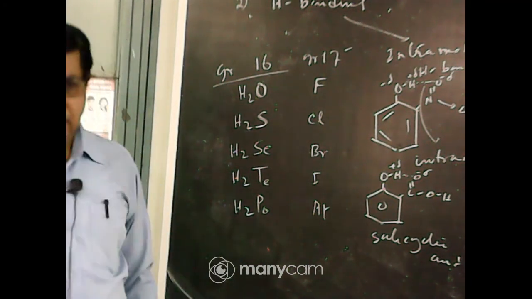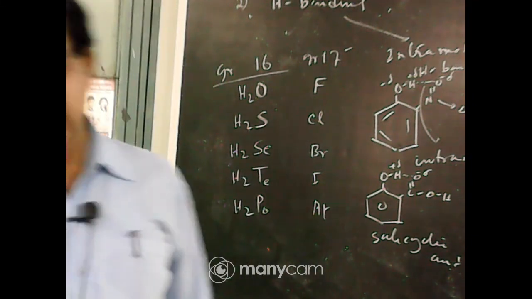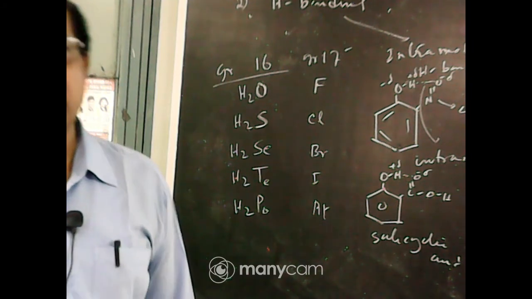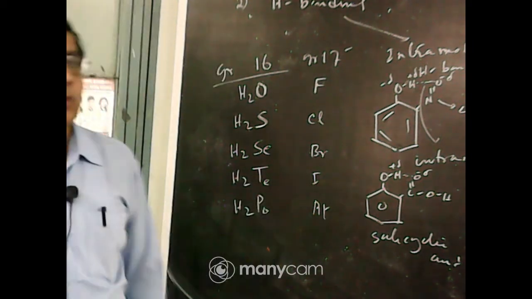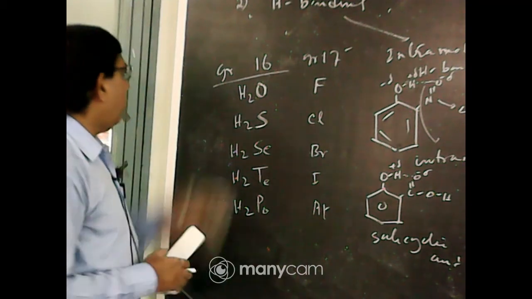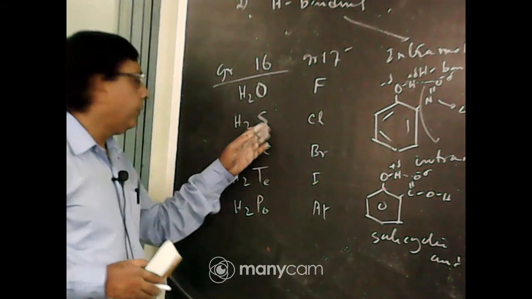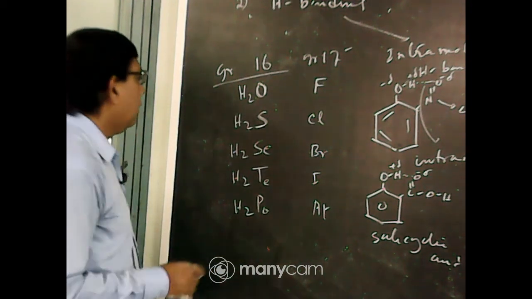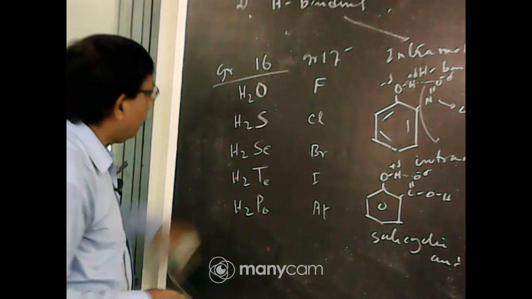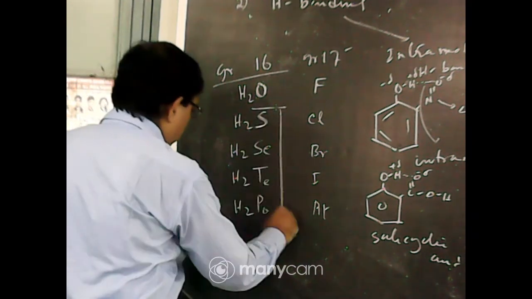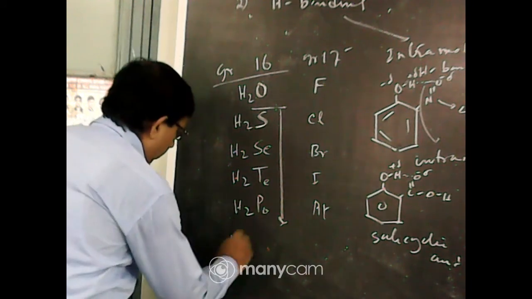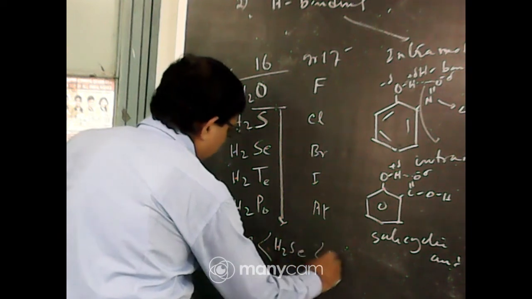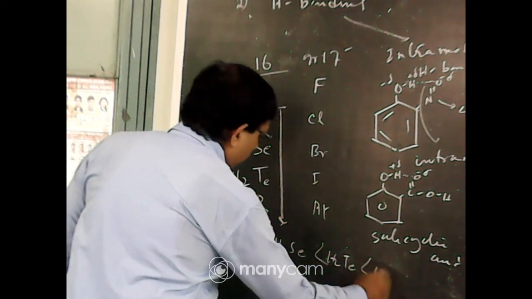You know that in the case of a covalent molecule, the van der Waals force increases with the increase in size of the molecule. So the larger the size of the molecule, the greater the van der Waals force, so the greater the melting point. Oxygen, sulfur, selenium: down the group, the size and molecular mass increase, so the melting point should increase down the group. But this is true from H2S to H2Po. That is the melting point order: H2S is the most volatile, then H2Se, then H2Te, then H2Po.